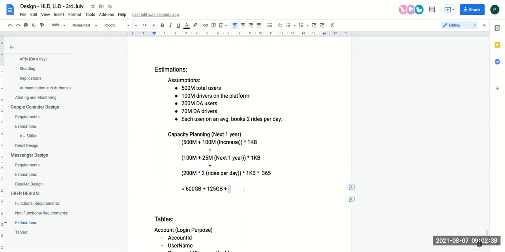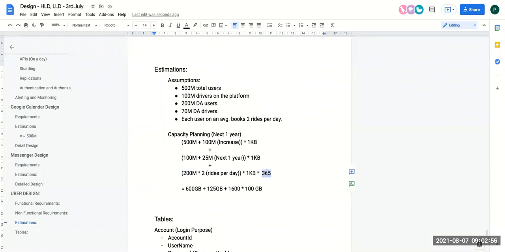So can we say that 400, 1600, 1600 and 200 GB of data, correct? Because 4 into 4 is 1600.